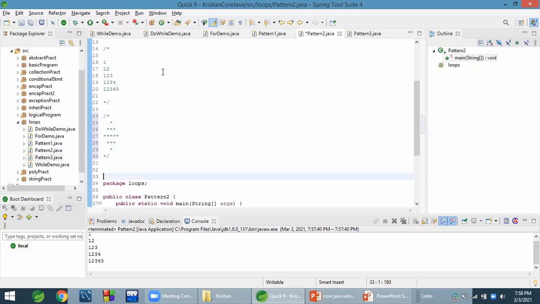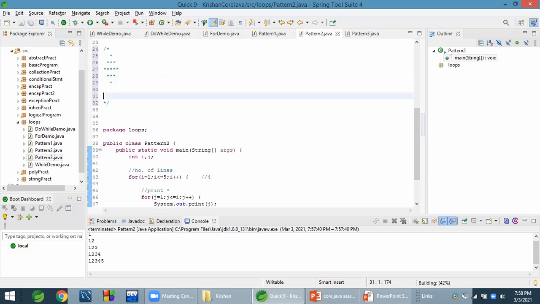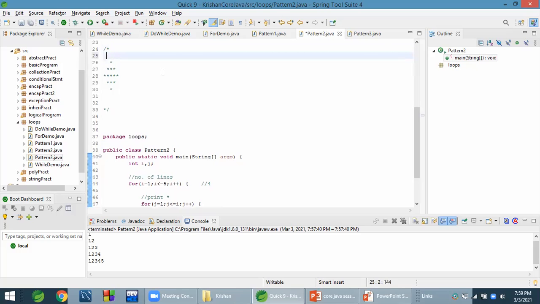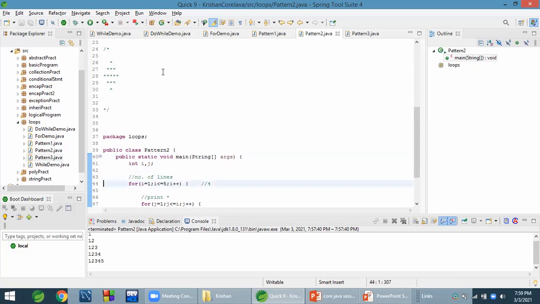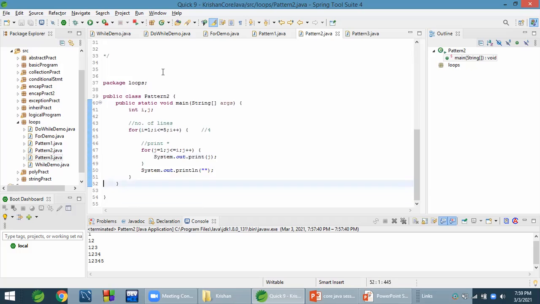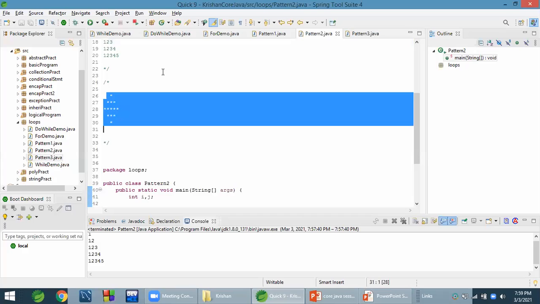Diamond pattern. To print this diamond pattern, we need 3 loops: one for the number of lines, one for spaces, and one for stars. Okay, you try this diamond program, okay? Or we can take this program. Do you want to try the diamond pattern on your own? We'll do it on our own. Yeah, you try it. If you face any issue, then you can tell me.